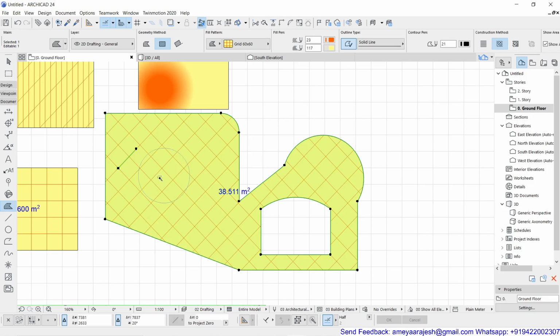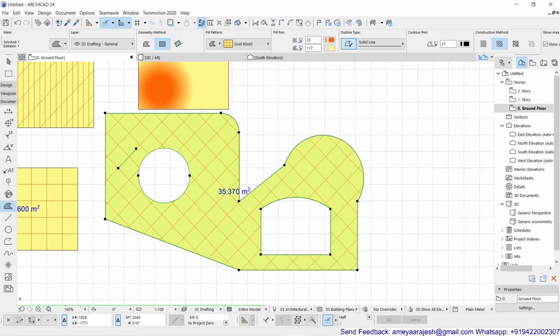Now I'm going to activate the magic wand, and you will see that immediately it highlights that particular circular region. By holding the same space bar, hold down the space bar, and then single click in the area which you want to deduct. You will see how the deduction was done. So this is a very interesting feature.